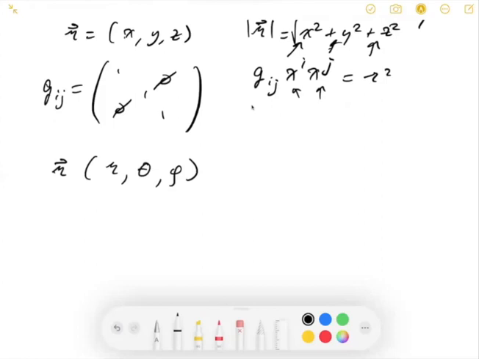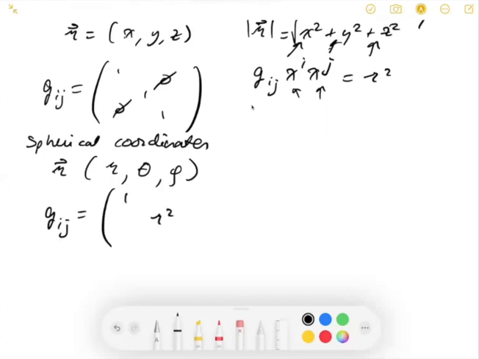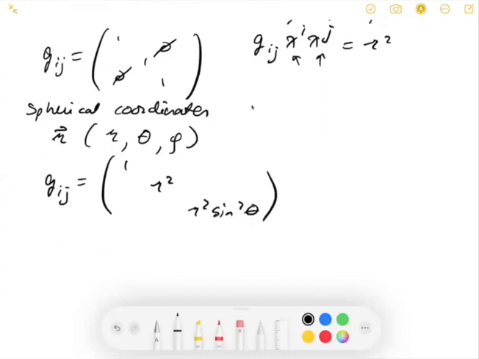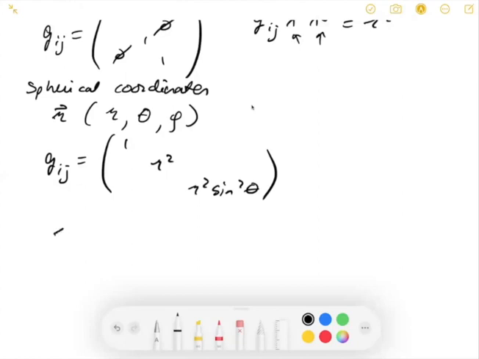So now we're talking about spherical coordinates, r, which is now a function of r, theta, and phi. In this case, the metric tensor is actually in this form. It's 1, r squared and r squared sine squared theta, such that the length of a vector,